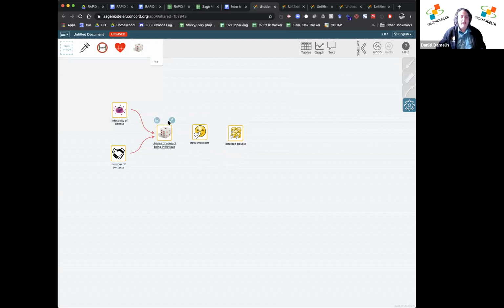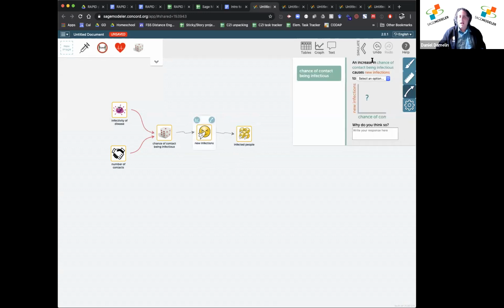So now chance of contact being infectious is going to affect new infections, and new infections can be added to infected people. So this is another way to use those relationship panels as scaffolding to think about how you're designing your model, and even what the names are of the variables that you're using,